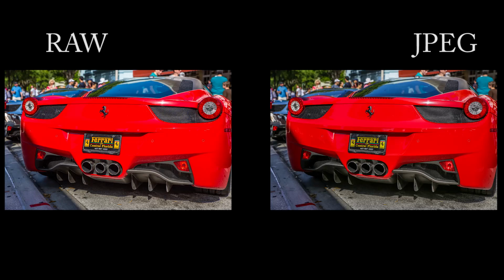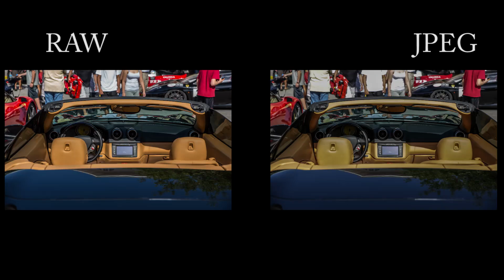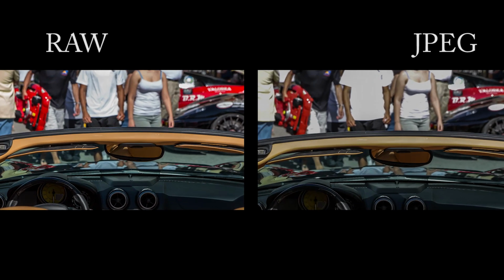both the Canon and the Nikon JPEG files. You're definitely able to push the shadows on these files a little bit more. Plenty of room for shadow boost compared to the RAW files. Now, when it comes to the highlights, that's where things started to get a little bit ugly. You maybe got about half a stop into the highlights before things started falling apart, and you weren't able to get any more detail,